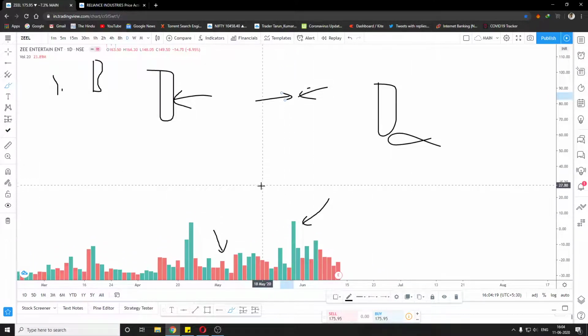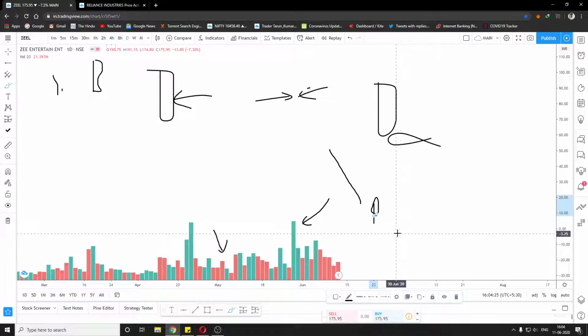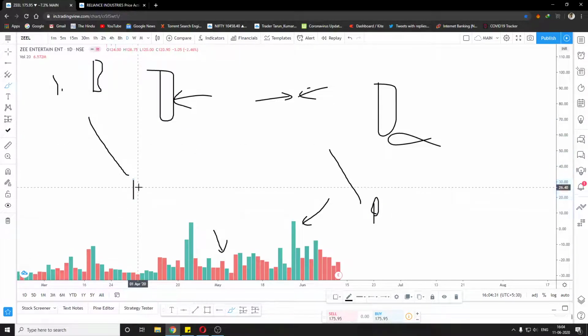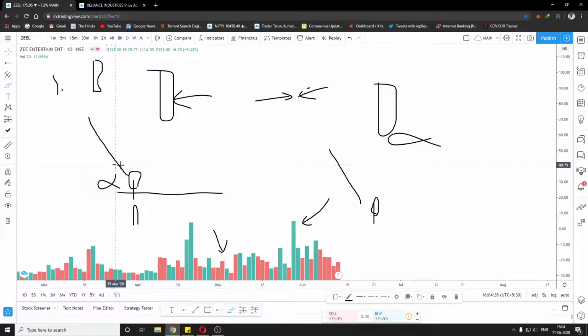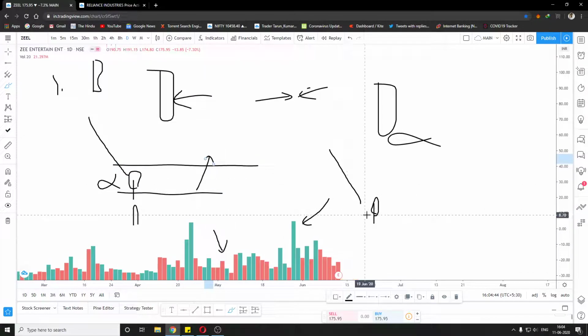And then we saw how we do not enter just at the first indication that there is something happening. For example, if there was a downtrend and we see a hammer candle with a lot of volume, we do not buy. We identify a support level, and then we identify a resistance level, and only at the breakout of these levels we enter a trade.